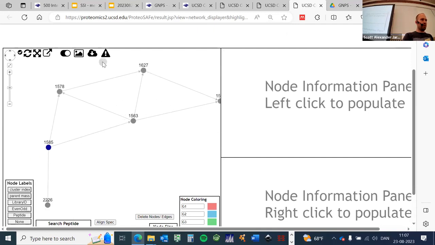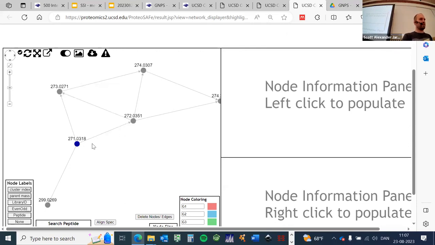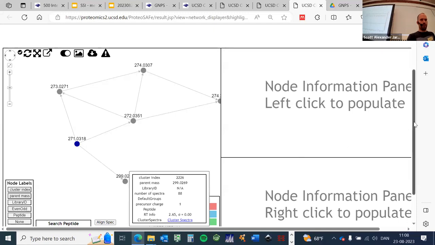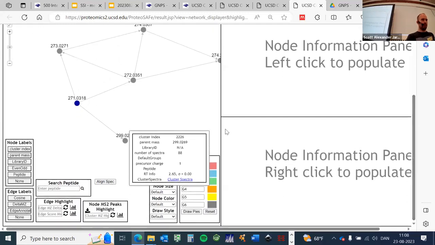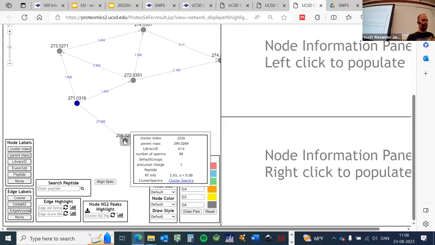I zoom in a little, and then I can select labels such as parent mass, and I see, oh okay, some of them actually have very similar masses. So perhaps that could be an artifact from the isotope pattern, or maybe a mass delta of 2, which could be some different redox products. Then I also see, oh, there's actually a larger mass. And if I want to annotate this more conveniently, so I don't have to do the math in my head, I can label the edge with the delta MZ. And then I will see here, okay,